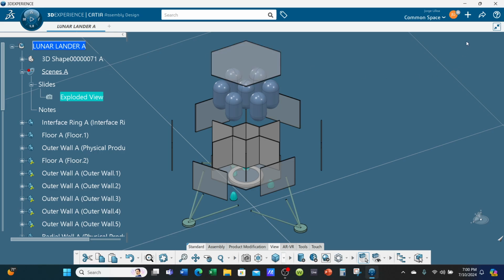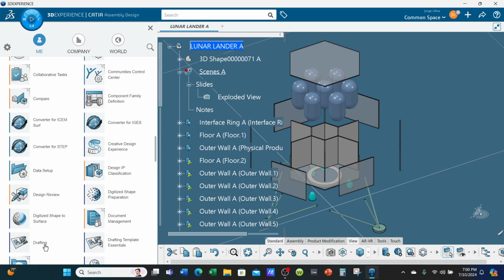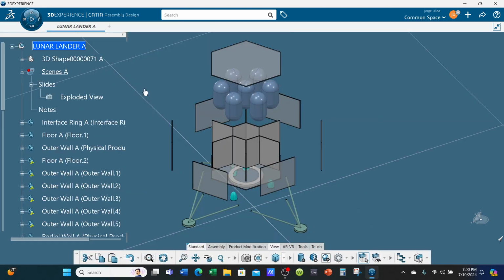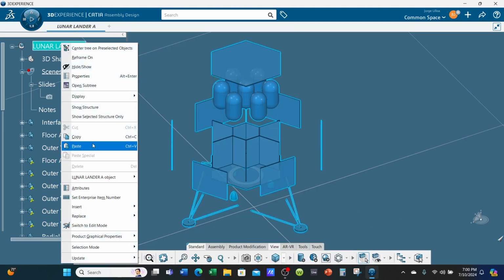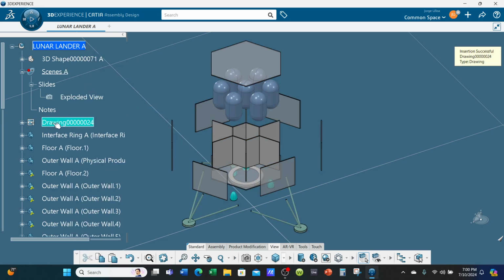So let's go ahead and start a drawing. You can either start it from here, plus drawing, or you can go here and go to drafting app, or you can go straight to the top of the tree, right click, insert, drawing. It inserts the drawing for you. Alright, so we have our exploded view,